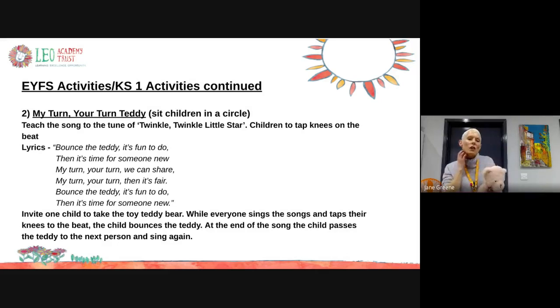So the song goes like this to start with. You can give the children a teddy, or choose somebody, and sit in a circle, and that child uses the teddy to bounce to the beat of the song, while everyone else sings and keeps the beat on their knees. So it goes,